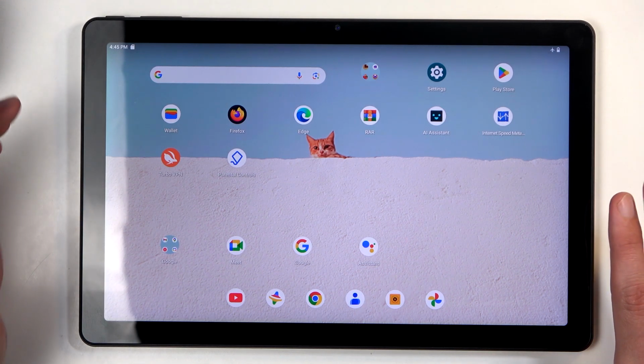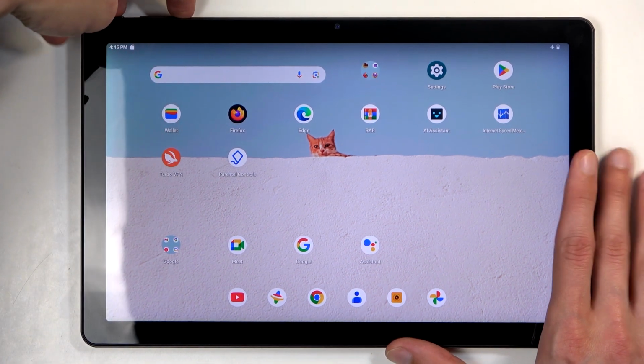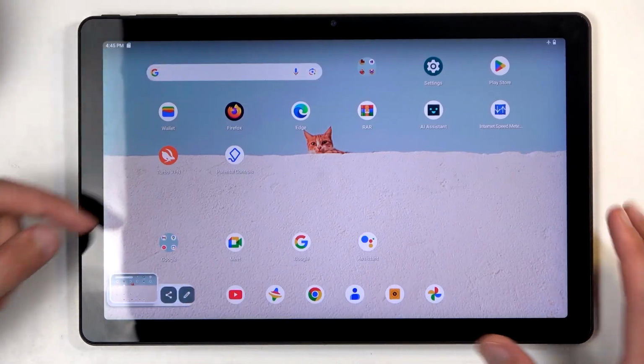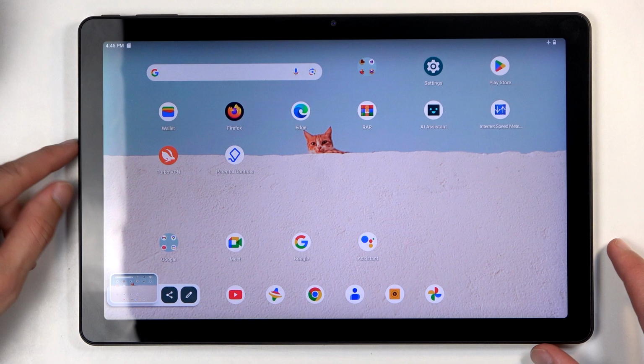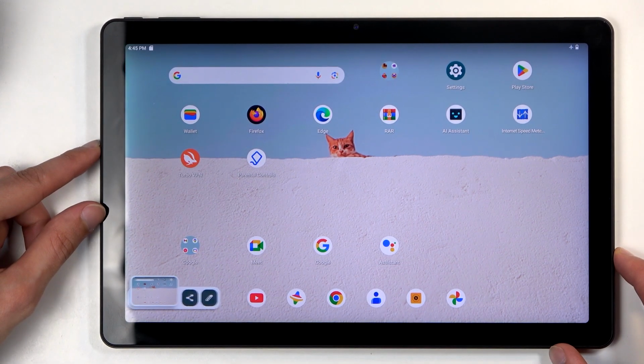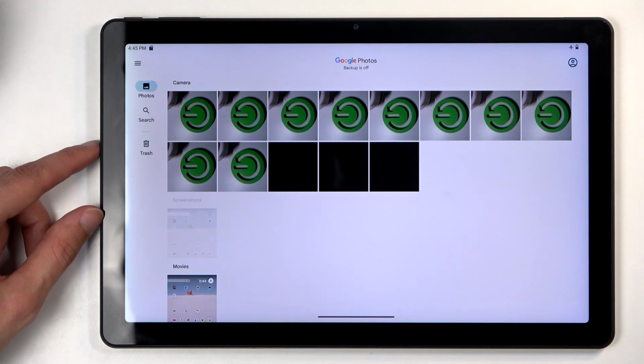Once whatever you want to capture is visible on your screen, simply hold the power button and volume down at the same time. You get the sound along with a pop-up with share and edit options, and after a moment this pop-up will disappear. When it does so, you can find the captured screenshot in your Photos application, and it will appear